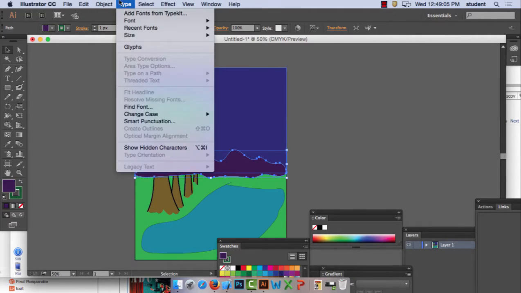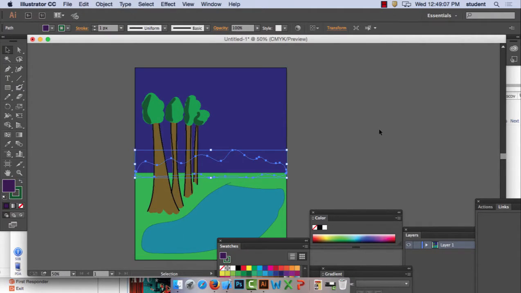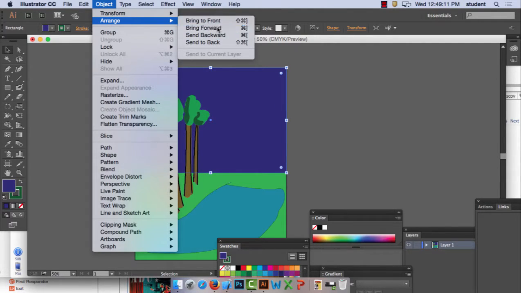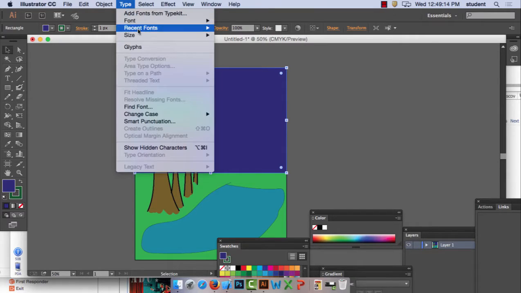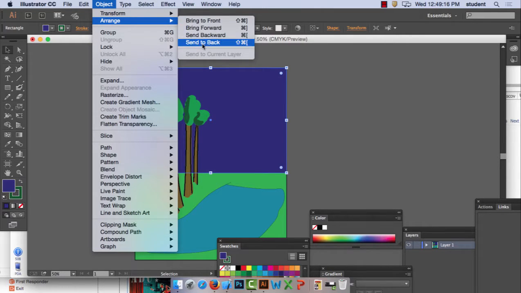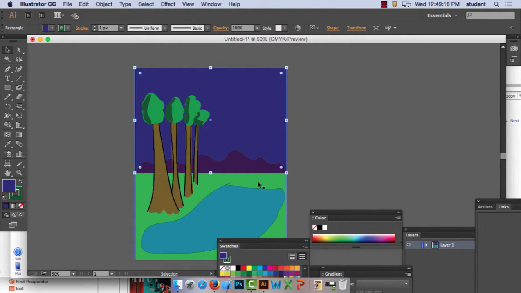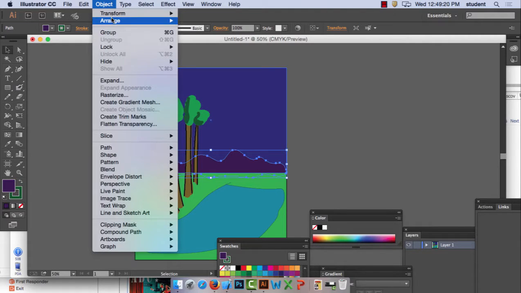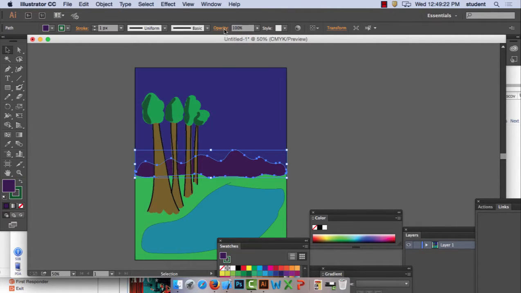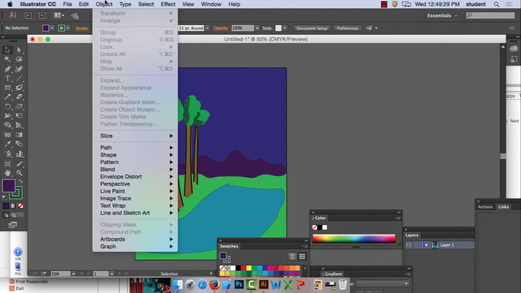Send it to back. Okay. Too far back. No, didn't want that. Okay, that's better. Again, that's one way you see me drawing objects and then moving them using the object arrange